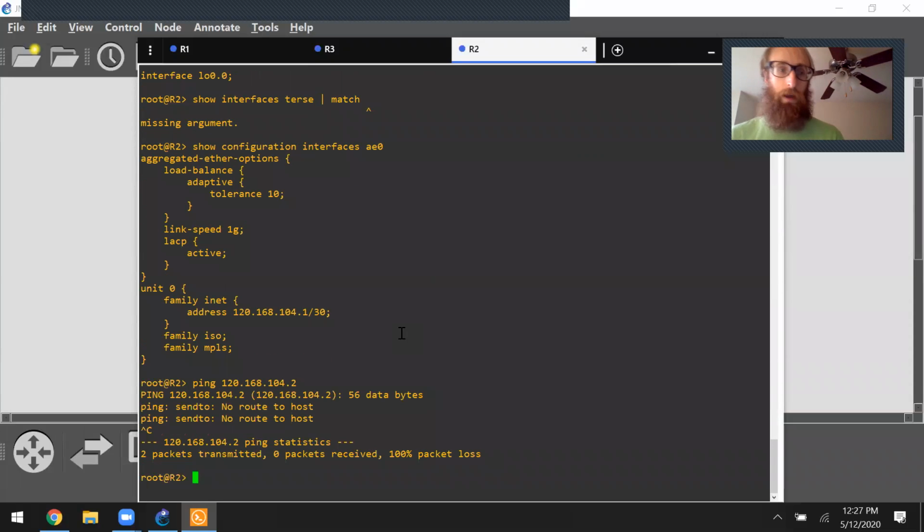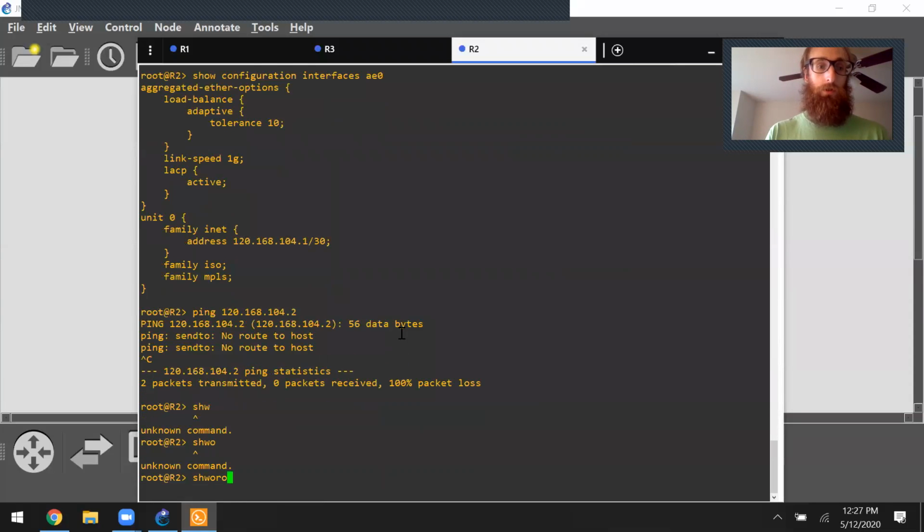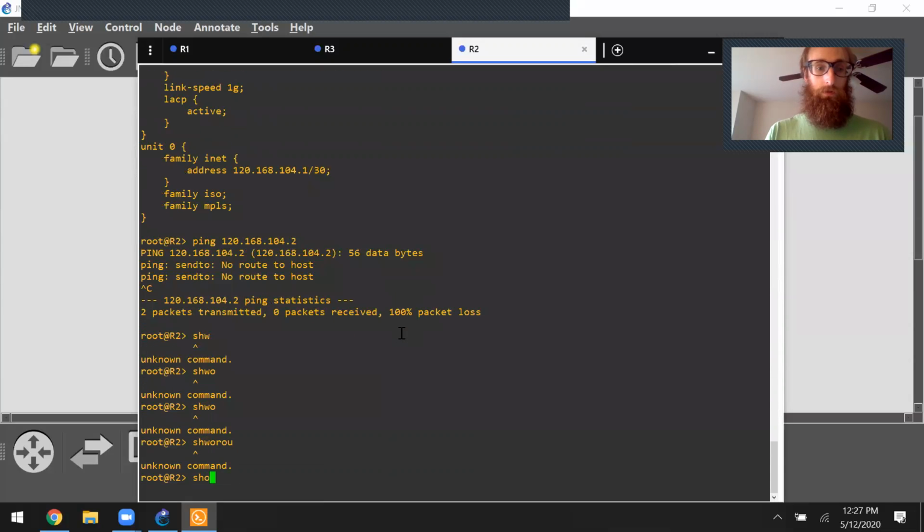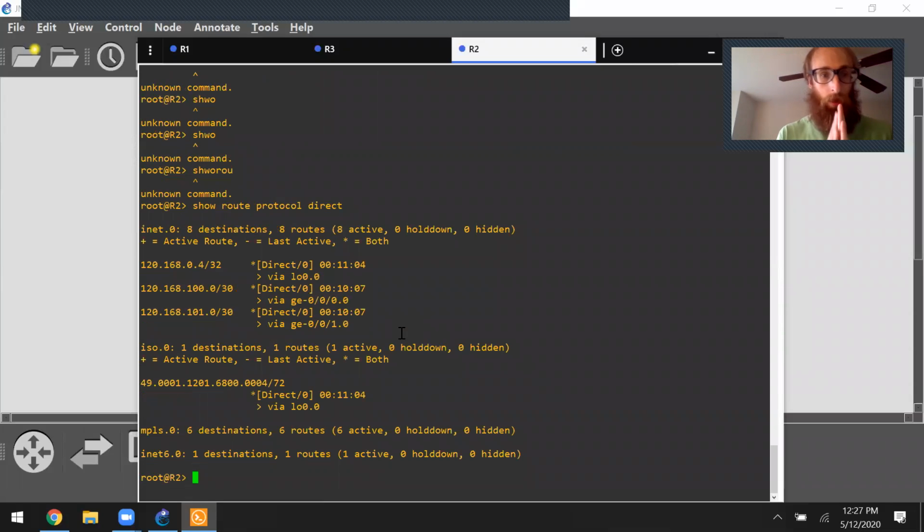So same problem, we've got no route to host for 120.168.104.2. So that's obviously going to be a pretty big problem because we don't have a direct route. We should have a direct route, but we don't. So if I do show route protocol direct, we've got